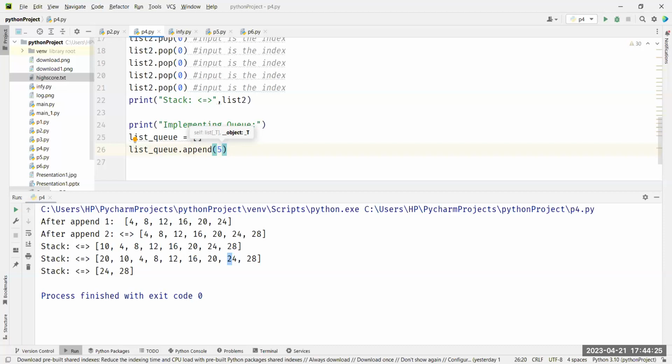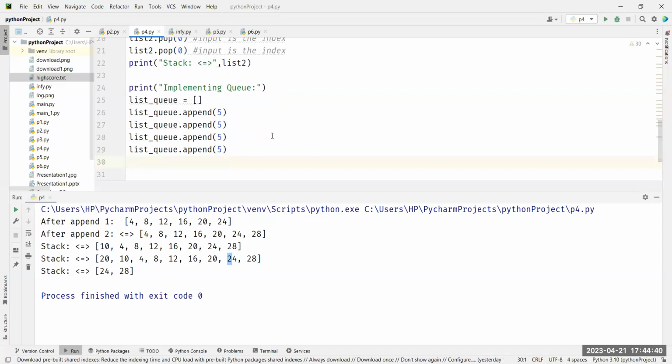The first member comes and will be in the beginning. The second member comes and will go behind the first member. The third member goes behind it. So when you say queue, it has to be append. 5, 10, 15, let's say 20, right? Okay. So now if I have to print the queue, I'm going to say queue is, with a newline,